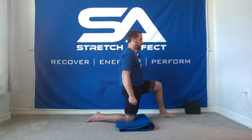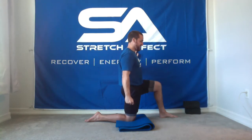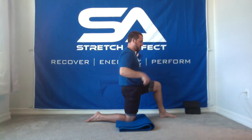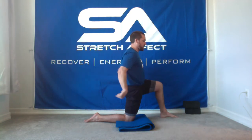Keep that pelvic tilt, keep driving forward and up. We're at 30%, 40%, 50, 60%, 70%, 80%, 90%, and 100% effort. Drive forward and up. 10, 9, 8, 7, 6, 5, 4, 3, 2, 1, keep that tuck, keep that tilt, and rails, drive back, hamstring, glute, fire it up, trying to drive away, trying to push the ground away with that knee, keep that pelvic tilt, let's keep going,